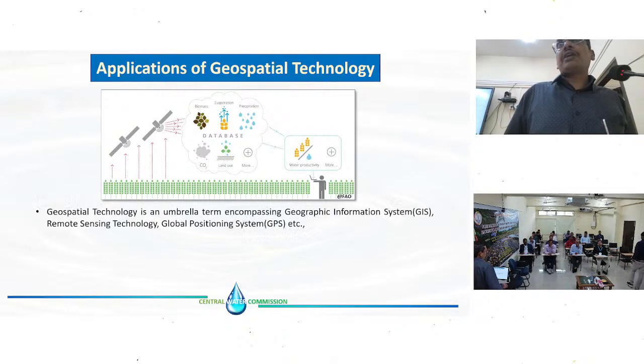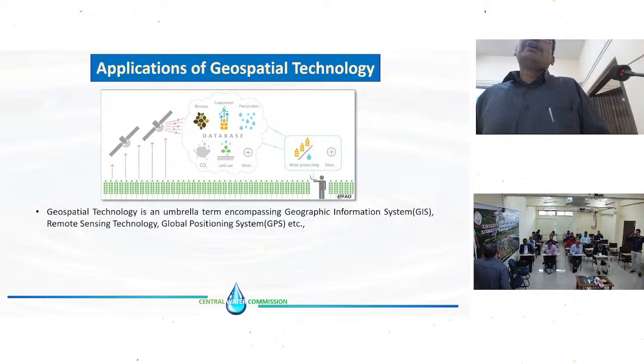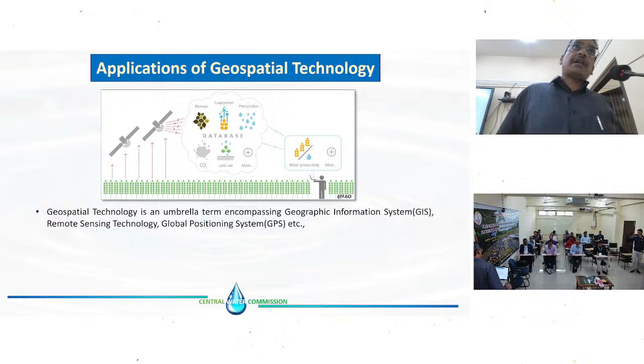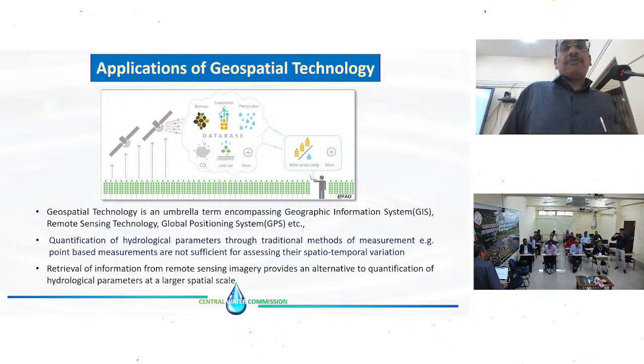And for that, we can make use of geospatial technology. Geospatial technology is a broad term which includes GIS, remote sensing, GPS, and other things. We are talking of GIS and remote sensing today because, as I said, the traditional point-based methods of measurement are not sufficient for assessing the spatio-temporal variation. Whereas remote sensing imagery,